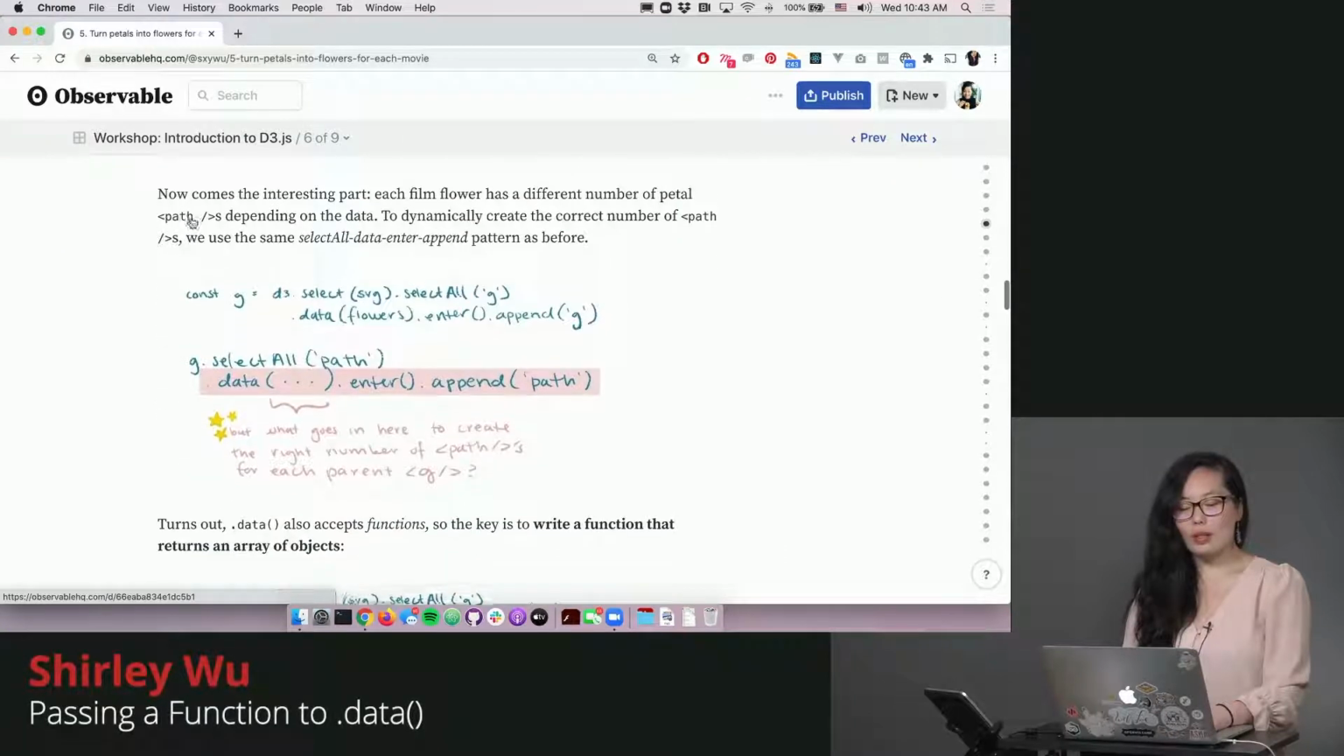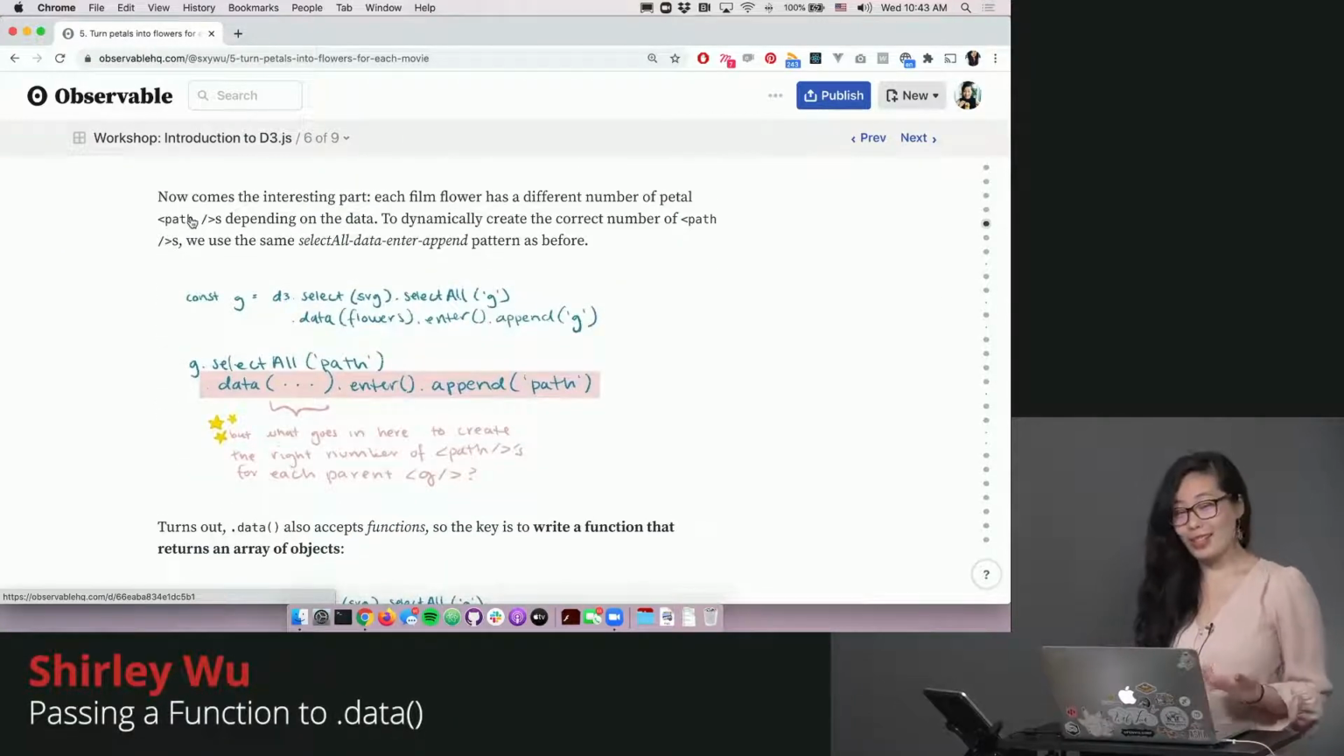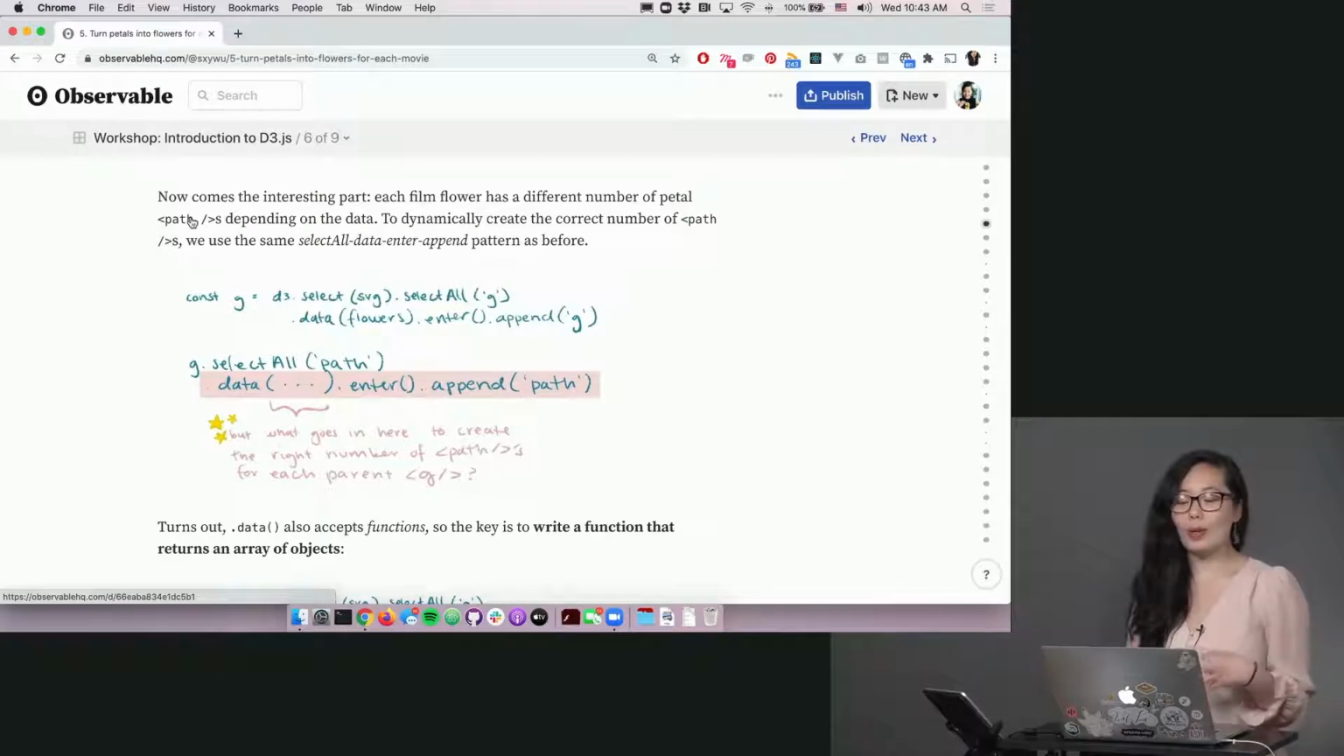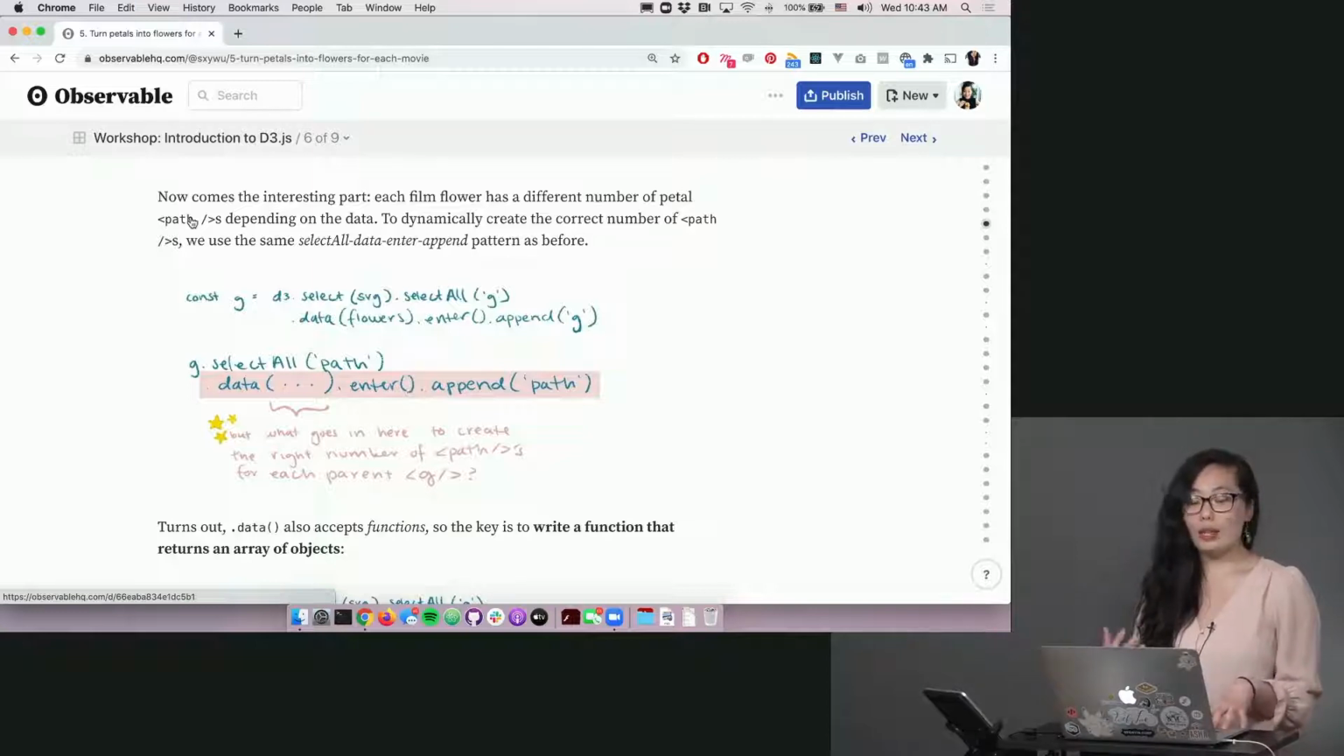And so here, the next part is what I think is the most interesting part. And this is what we kind of call a nested selection in D3. And so for each film flower, we have a different number of petal path elements depending on the data for that movie. So to be able to dynamically